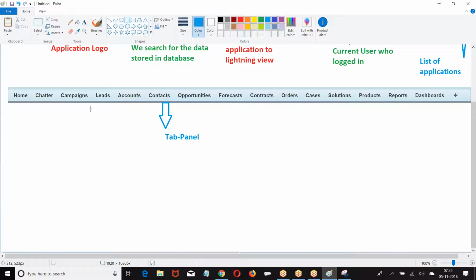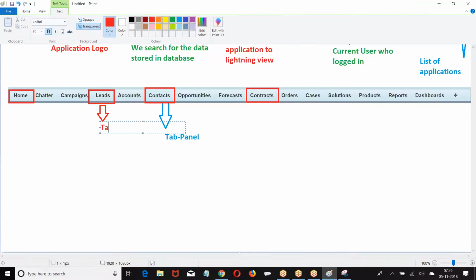In the tab panel, what we have? List of tabs. All these are called tabs. Tab panel with a list of tabs.